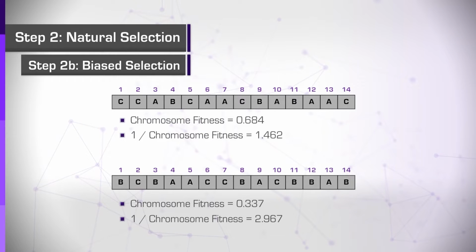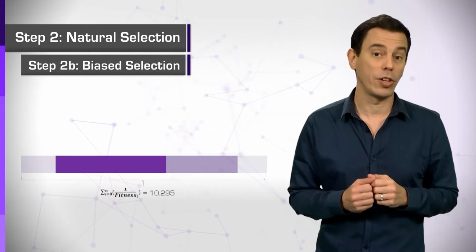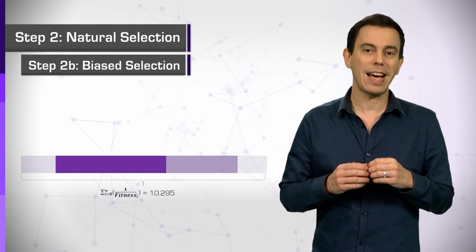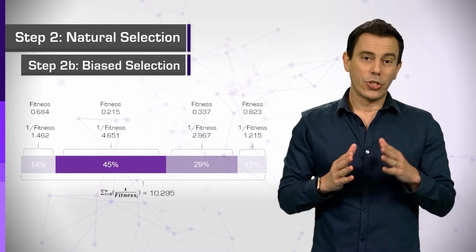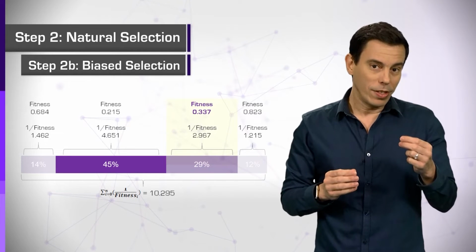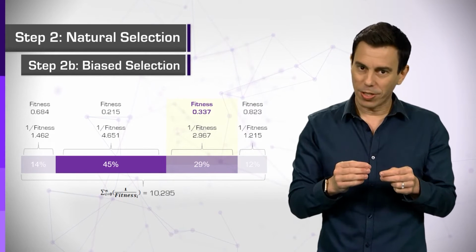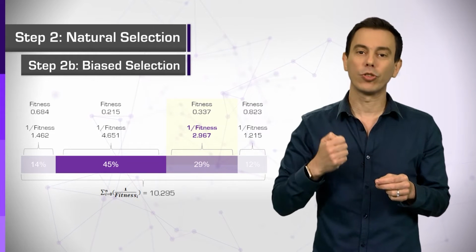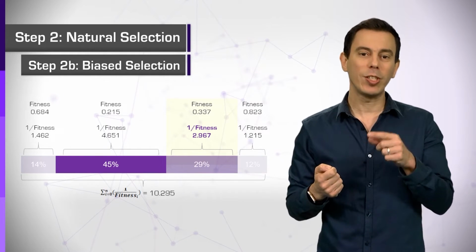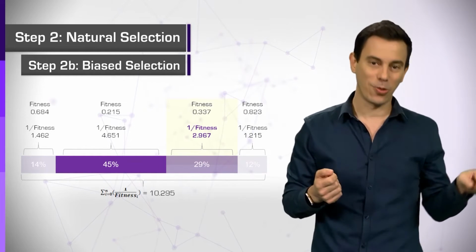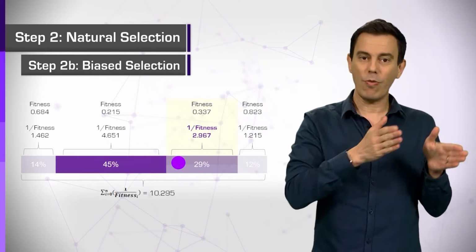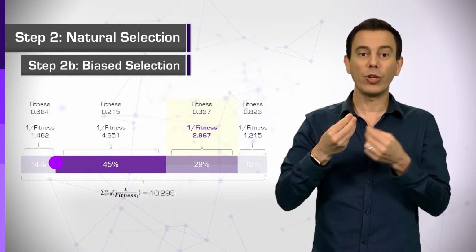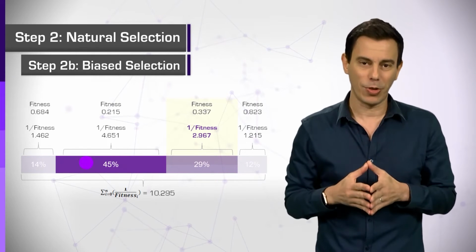Why should we do that? Well, next we will sum all these new scores. As you can see in this illustration, this sum can be seen as comprised of the relative contribution of each individual's score. So an individual that is relatively good and that will have a relatively small fitness score will have a relatively high contribution to the sum when we consider it as 1 divided by the score. All that we need to do now is select a random number between 0 and the sum and take the appropriate individual according to this illustration.